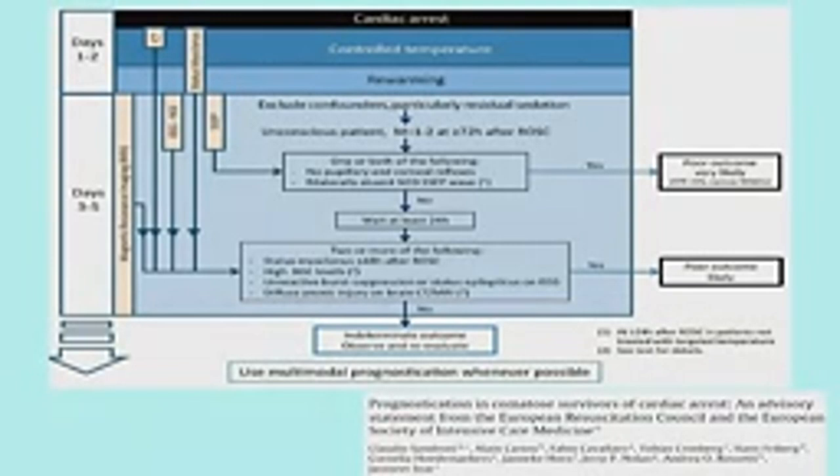And it's kind of like the Chinese menu approach, where it's like 2 out of 4. You have to have 2 out of 4 bad biomarkers, and then you can prognosticate with a very high degree of certainty and a low false positive rate. And so what they recommend is looking at brainstem reflexes at day 3 and absent N20s, which are the cortical